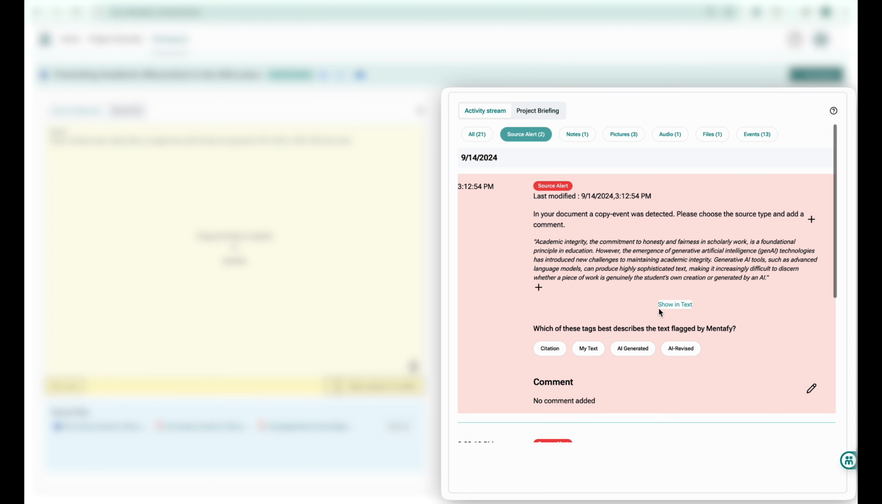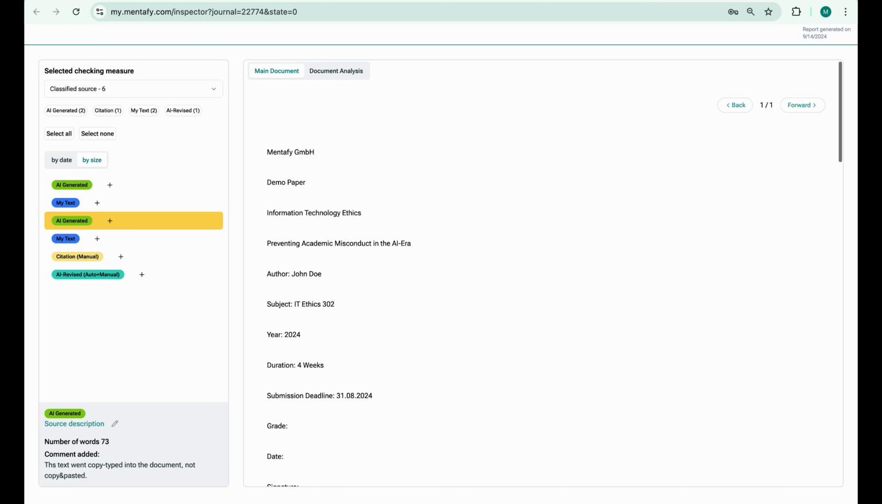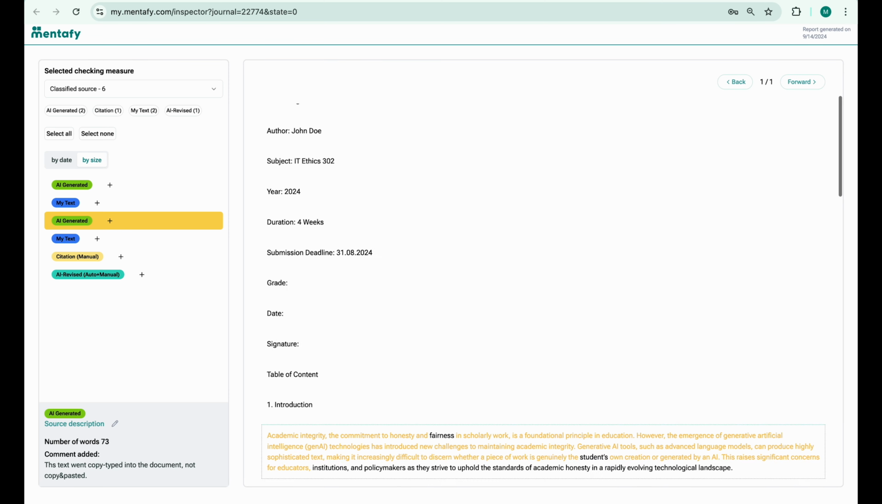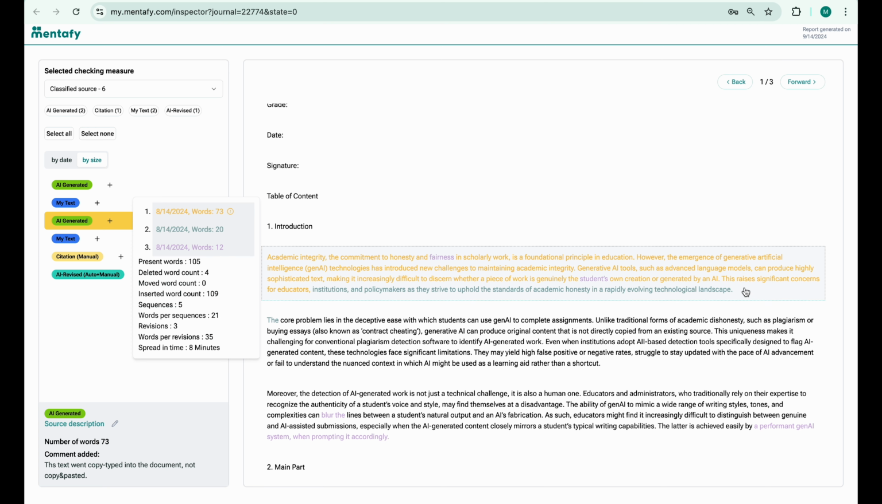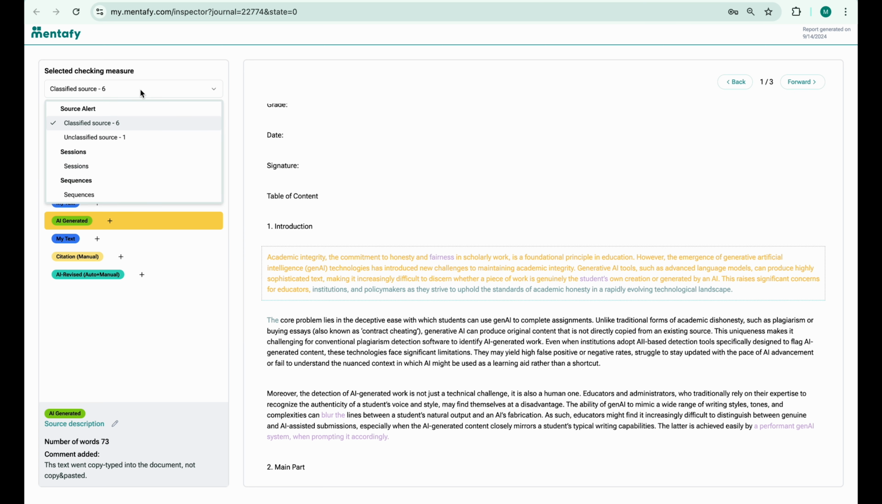Now, let's take a closer look at the in-text reporting for this source alert. Simply click on Show in Text. This is the in-text report. The selected source will be highlighted for you to review. You can scroll through the document, ensuring everything is properly cited. You can choose between different checks for other alerts, or even examine the document based on your sessions or even